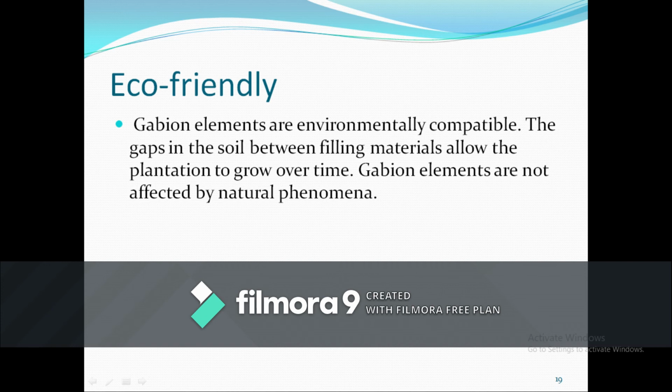It means that it is eco-friendly. It means that it can take care of temperature and of your environment. So all the materials we are using in Gabion elements are eco-friendly and environmentally compatible. Because of all these reasons, we are now using Gabion elements mostly in our constructions.